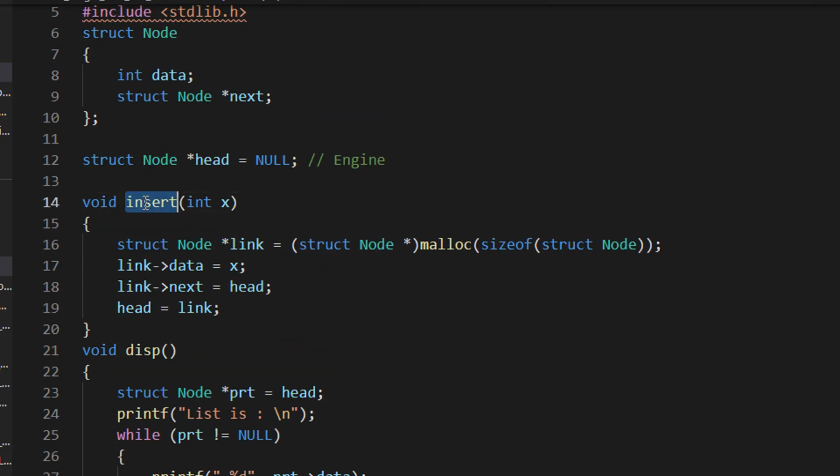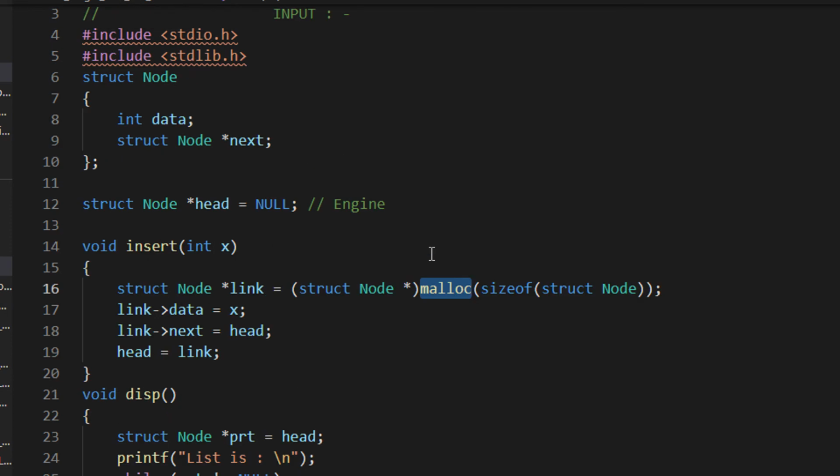So we come to the insert function and 10 comes in as the variable x, right? x now stores 10. Now see what I'm doing here. I'm defining again a struct node and I'm allocating the size of this. Whenever you are dealing with data structures, you make use of malloc, right? Why? Because in arrays you have to define 50 elements, 100 elements, something like this. In a linked list you do not do it like this. You just keep on adding one element at a time.